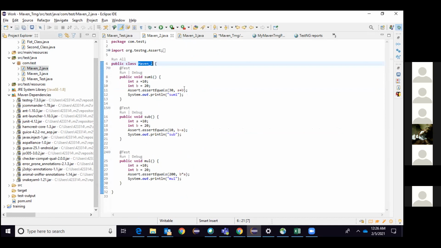You are asking why we have created it in src test java? Yes, the classes created inside test cannot be packaged or deployed, right? Then why are we creating inside that? I'll come to that point. See, basically now we are understanding Maven. I'll come to the point of what will happen when you deploy it and how it will happen. Okay.